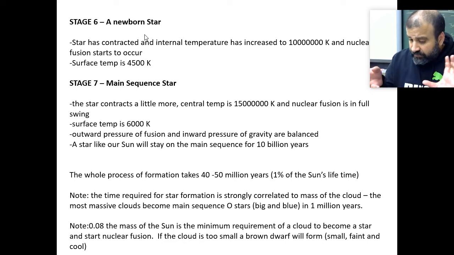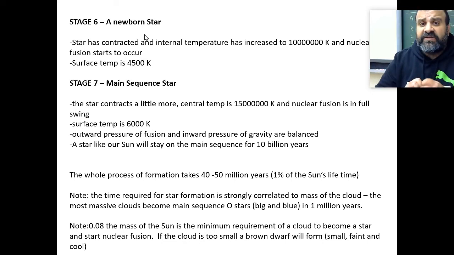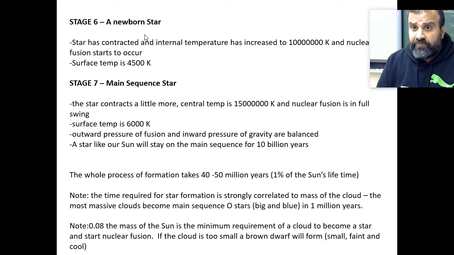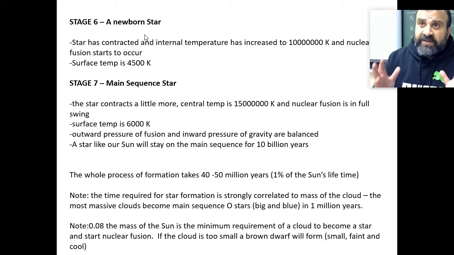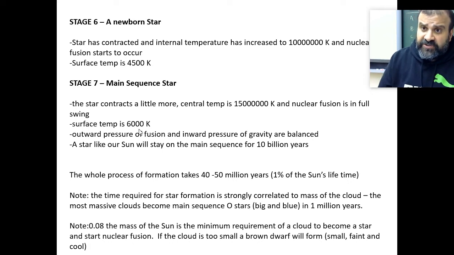Right? We get a little more contraction, gravity pulls it in a little more, temperature increases due to pressure and gravity, and we now reach 50 million Kelvin. We begin nuclear fusion. Right? The star is fully burning hydrogen at its core. Okay? So it's fully burning hydrogen at its core. It's a proper star. A star the size of our sun, its surface temperature would be 6,000 Kelvin. Bigger stars, right, will be hotter. Smaller stars will be cooler.